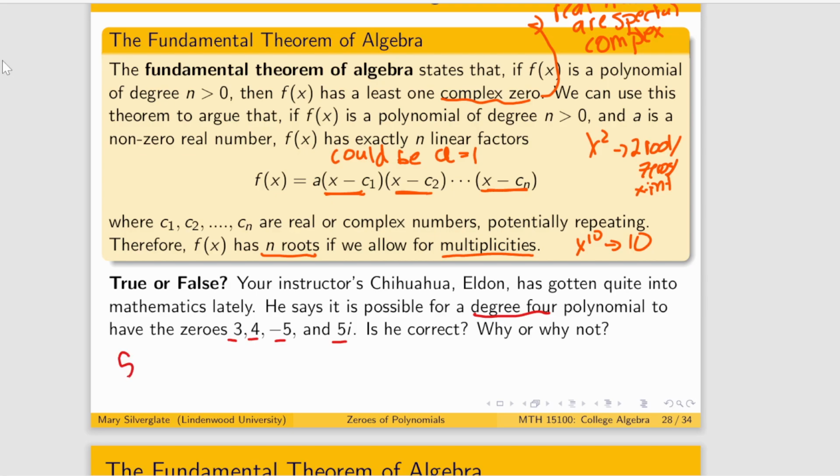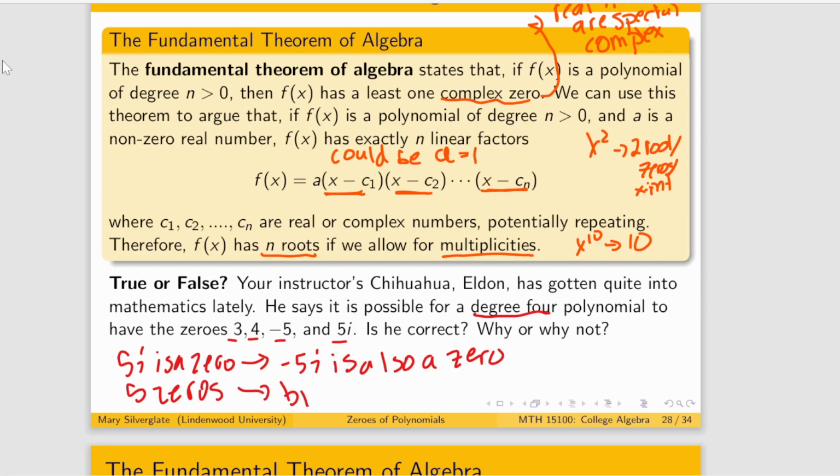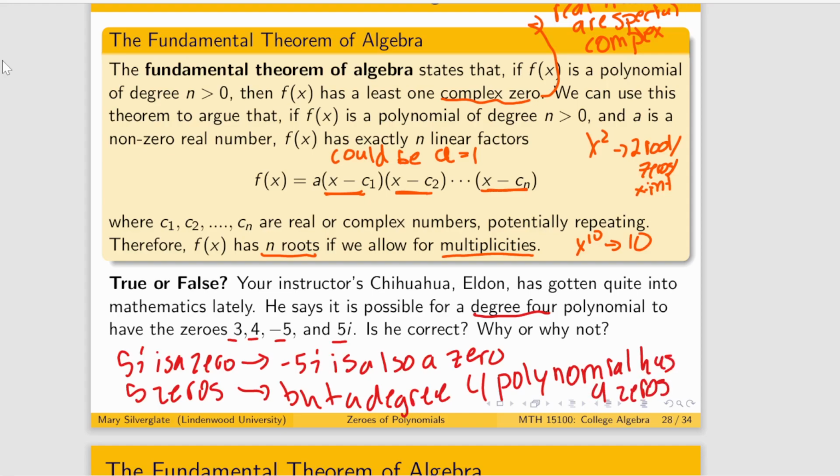Well, if 5i is a 0, then -5i is also a 0. Now we have 5 zeros, but a degree 4 polynomial can only have how many zeros? 4. And not only can it have that many zeros, it will have that many zeros. It has 4 zeros. Maybe not unique, but it has 4 zeros at some point. 4 parentheses I would break it down into. So this is false